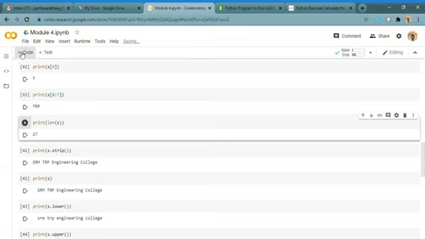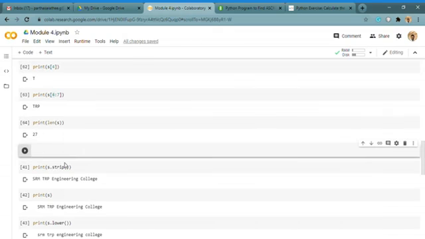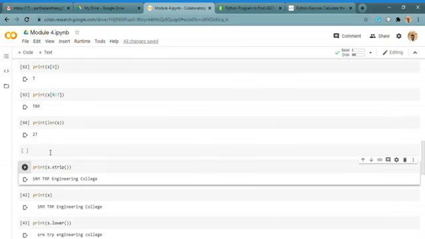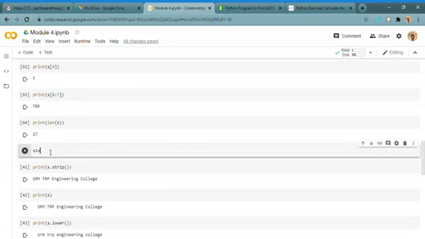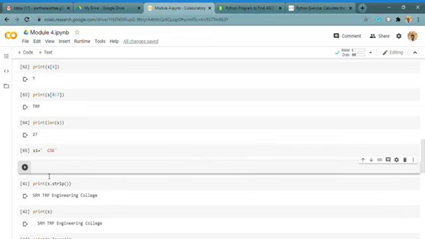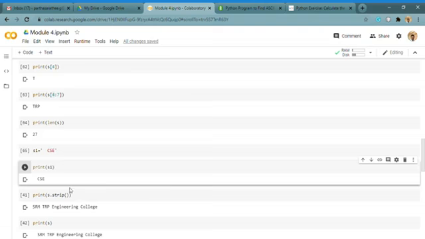Now we have another one. I am taking some other string S1, and purposely I am leaving 2 spaces, then I am giving CSC. This is the string I have given. Now if you print this string S1, you will get CSC with 2 blank spaces.